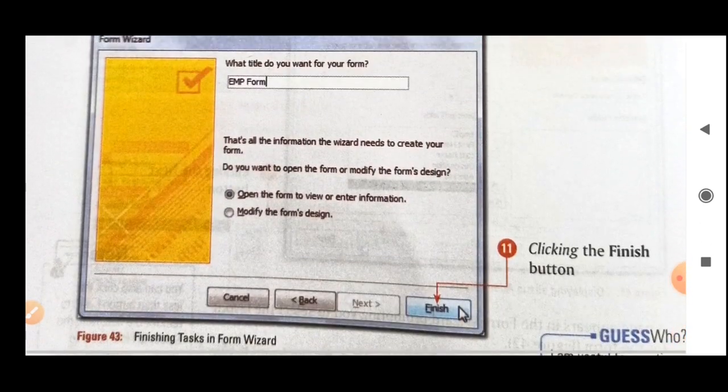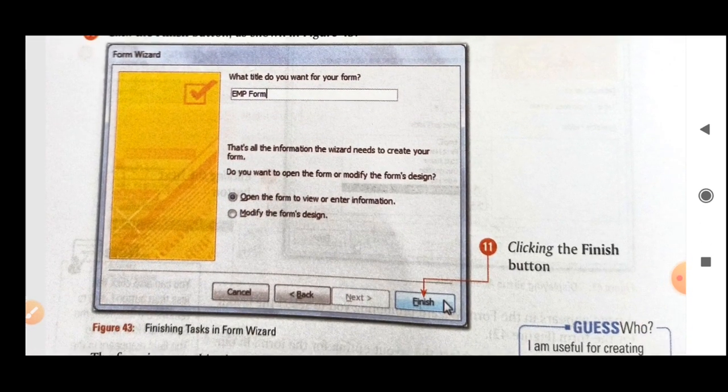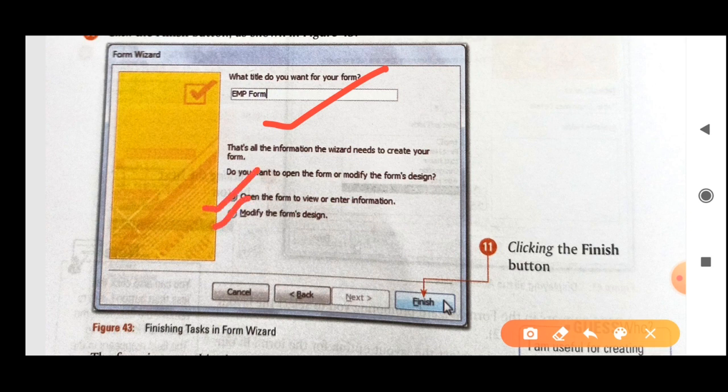After clicking on the next button, this type of dialog box will appear. In this dialog box, in this column you will write the name of the form that you want to display, and there are two radio buttons given. With the first radio button you can open the form and view the information, and with the last you can modify the form in the design view.